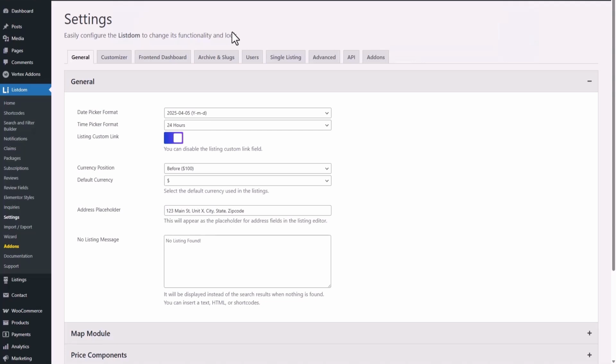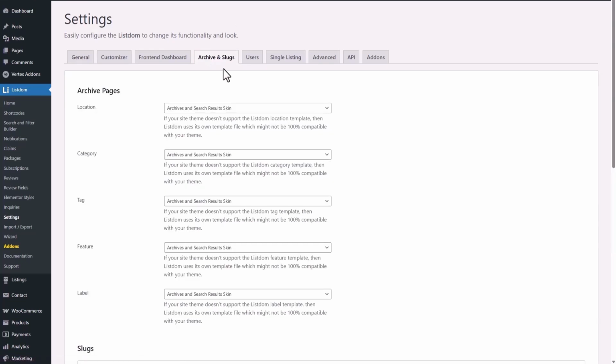There are 4 parts of the Listdom plugin that can be designed with Elementor: the archive, the single listing, the listing cards, and the map info windows. For each of them, we have to do some configuration in the Listdom settings along with the changes that we have made so far. We start with the archives. As we just designed an archive with Elementor, I open the settings of Listdom, and under the Archive and Slugs